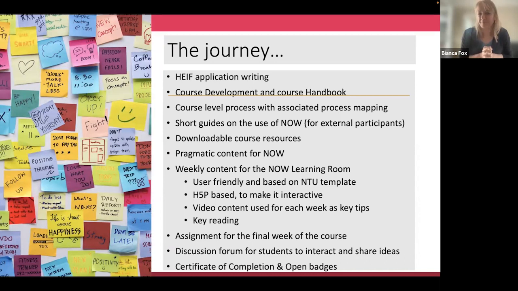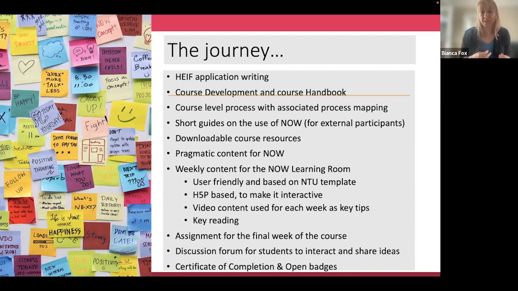And then Adam can tell you a bit more about how we then developed a process for this course, because obviously it was the first time that a short course was developed in our department. So it was a learning journey for everyone involved. And we kind of wanted this short course to act as a taster and be beneficial to colleagues or anyone interested in teaching in higher education that doesn't have access to any other training.